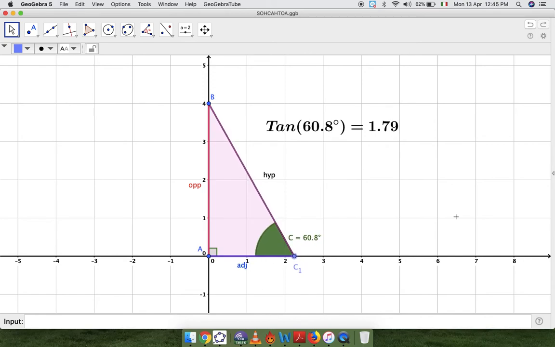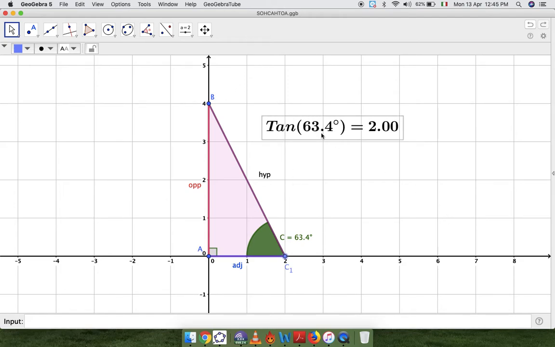So I'm going to wait till I get to about 2. So give me a second. So right there, again, this is a very close approximation. The tangent of 63.4 degrees in a right triangle, that 63.4 degree angle, okay, the tangent is